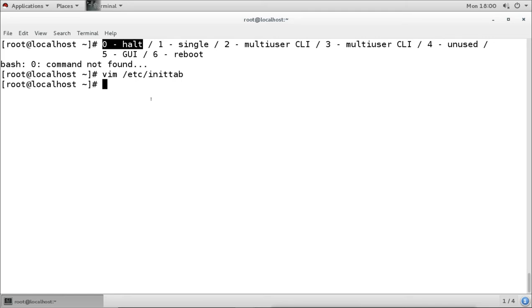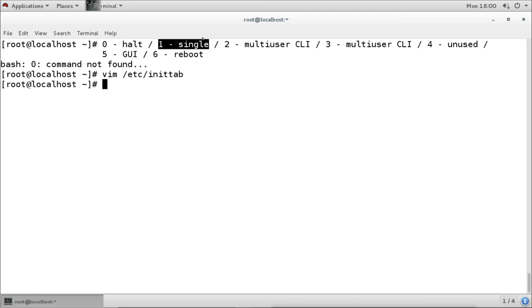Instead, we have the target called shutdown.target to shut down the system. Then run level 1 we still have, but it has become rescue.target. It becomes the rescue mode, and it is a single user mode. It is the same as Windows safe mode, where only the basic services are running and only one user can log in.